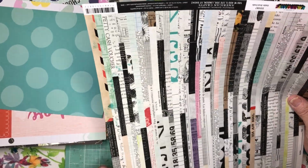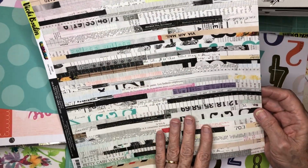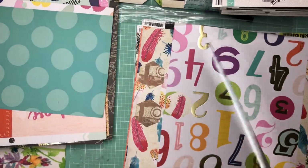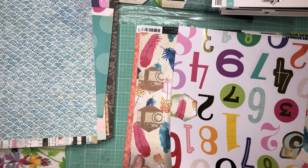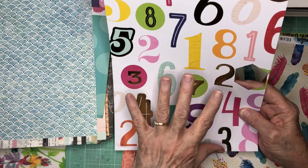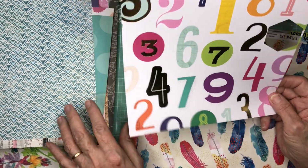Love this. This is from Color Kaleidoscope, and I have used this background in many ways. I'm not sure what I'm going to do. I may just ignore that since I've used it so much and do something with this. Here is, this is from that same paper pad. These are some numbers that I may fussy cut and overlay next to the same number